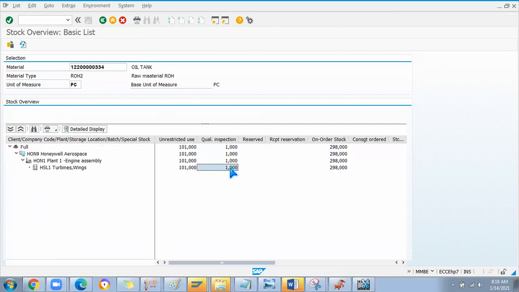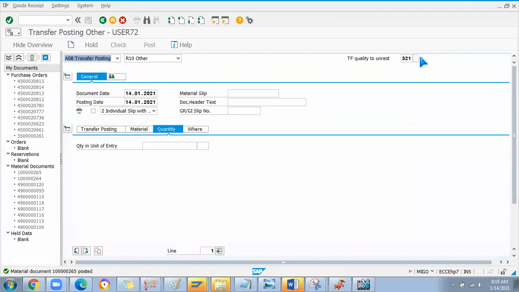Now only 1 number should be there. So how do we report it as blocked stock? That we need to check. I know how to move into blocked stock through an inspection lot, through a user decision. There we can have the option: this many you can put to unrestricted, and this many stock to be blocked. Then you save it, and it will post accordingly.